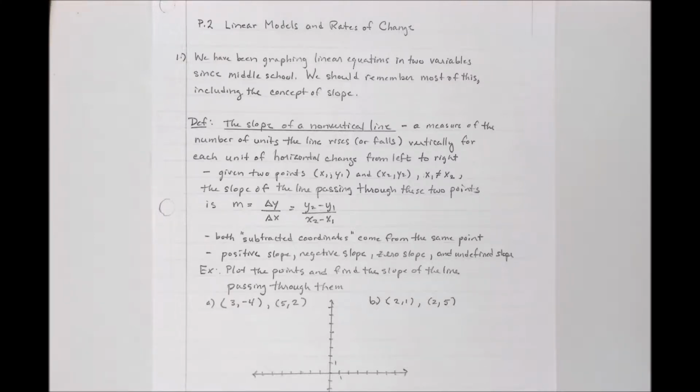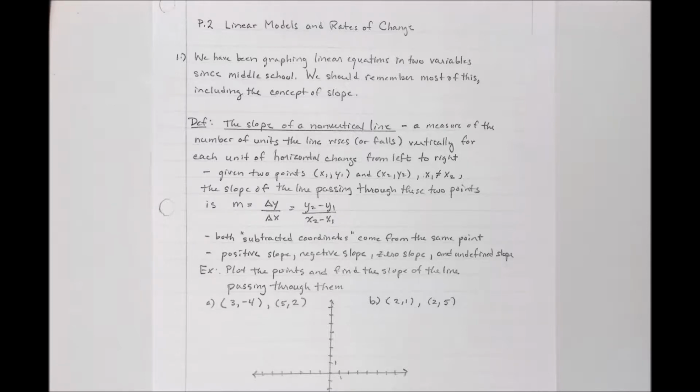Section 2 of the prerequisite chapter is on linear models and rates of change. Now, linear equations have been around since middle school. We were determining slopes of lines and x and y intercepts, creating t-charts and graphing lines. We should be able to do this without any review at all. But we're going to review just a little bit, including slope, because slope of a non-vertical line is